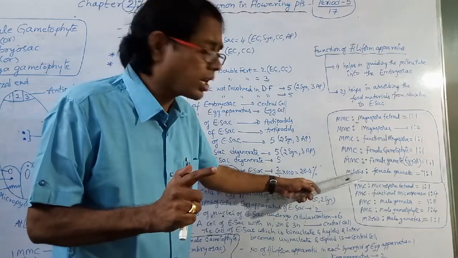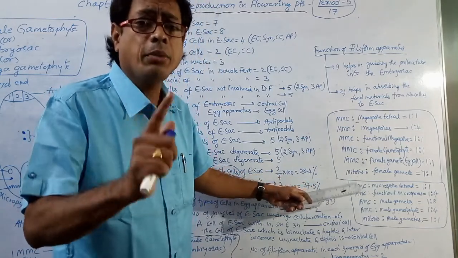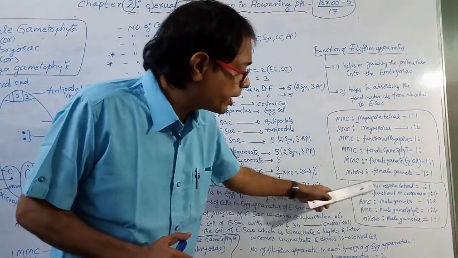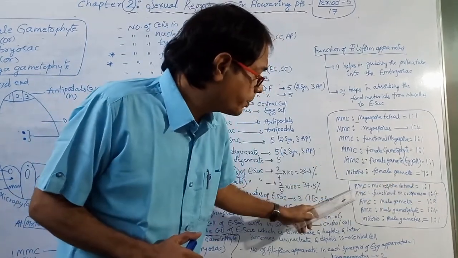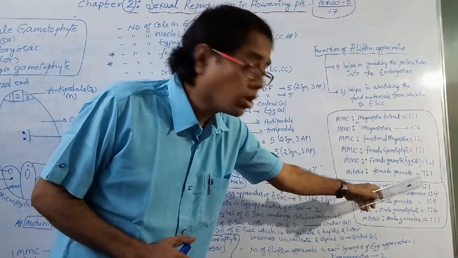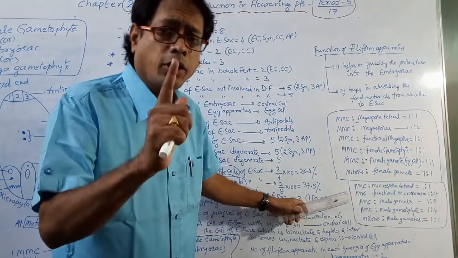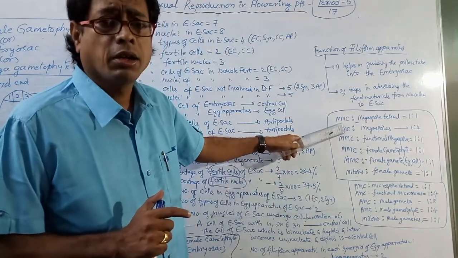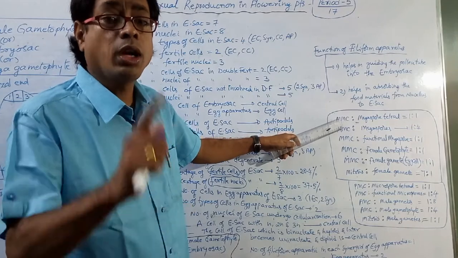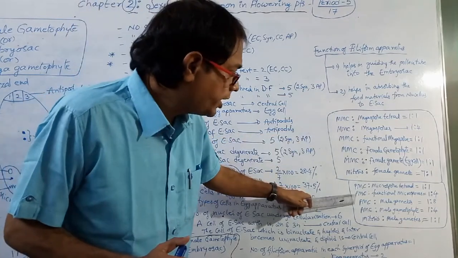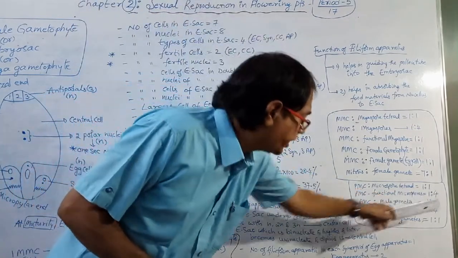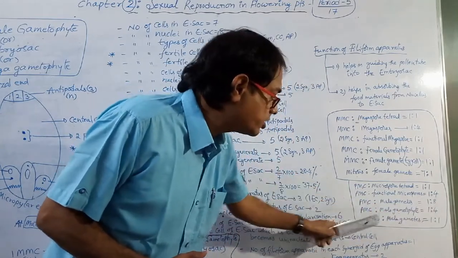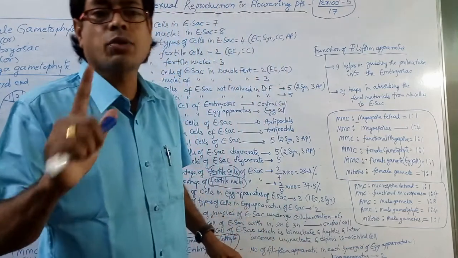7 mitotic divisions are required for the formation of 1 female gamete. Comparing with pollen mother cells: PMC to microspore tetrad is 1:1. PMC to functional microspores is 1:4. Try to remember, here all the microspores are functional, whereas in megaspores, only 1 megaspore is functional. PMC to male gametes is 1:8. PMC to male gametophyte is 1:4. Mitosis to male gametes is 1:1.